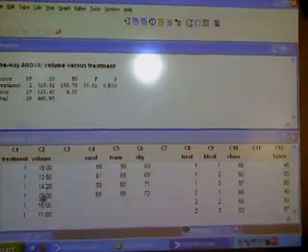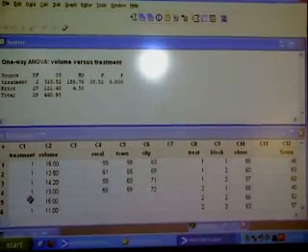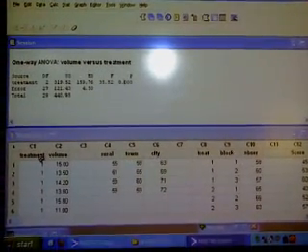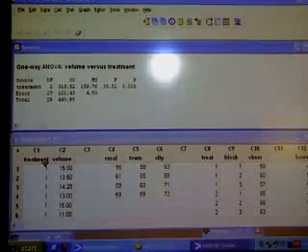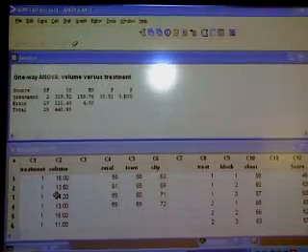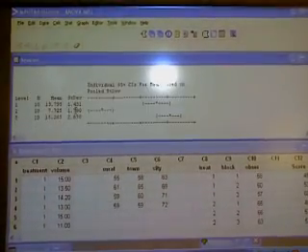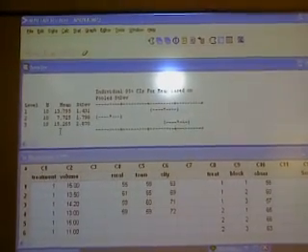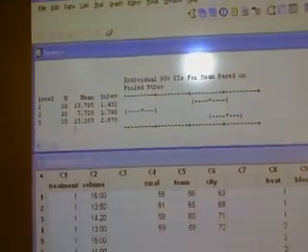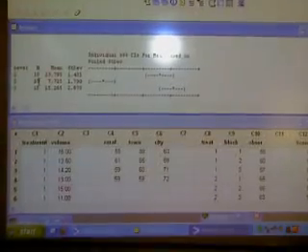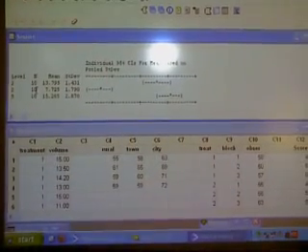The sales volumes of these three outlets are not equal. Since your hypothesis is mu1 equal to mu2 equal to mu3, here the hypothesis is rejected. It's clear. So the sales volumes are unequal. Suppose if you want, you can look further. First outlet, treatment 1, 10 observations, you see the mean 13 point something. Second, the mean 7 point something. Third, the mean 15 point something. So the first and the third are more or less equal, and the second one is different based on their means. That's why the hypothesis is rejected.